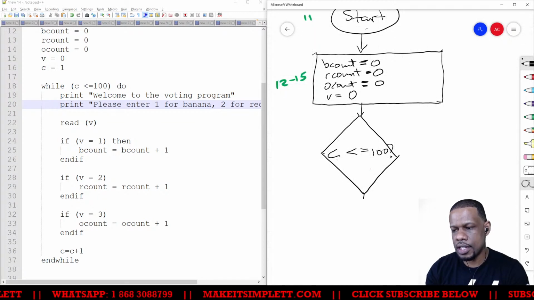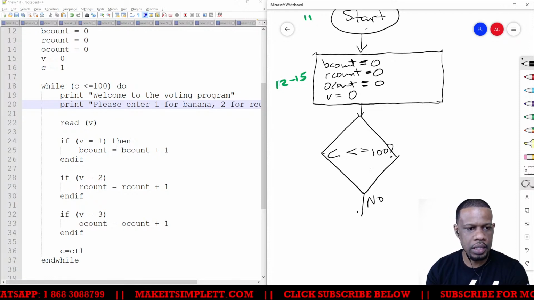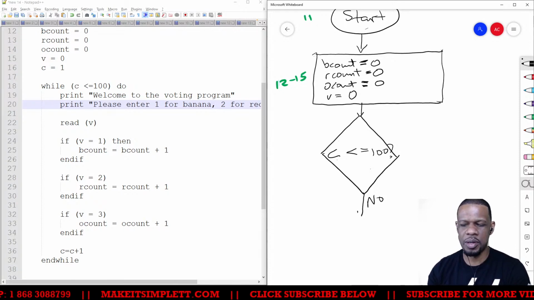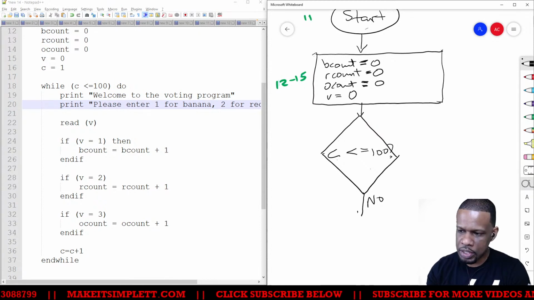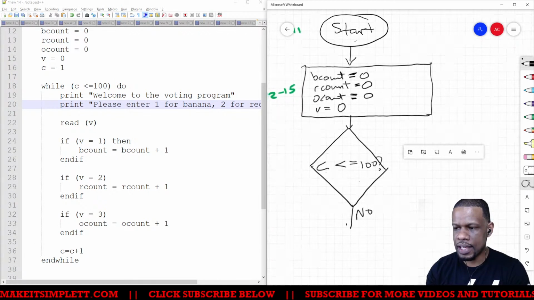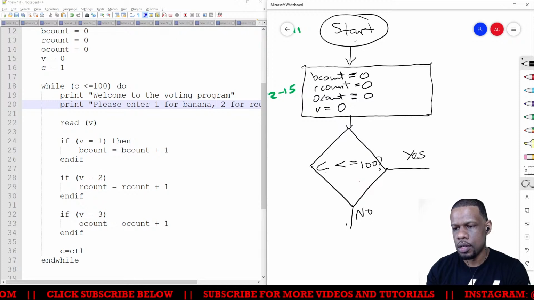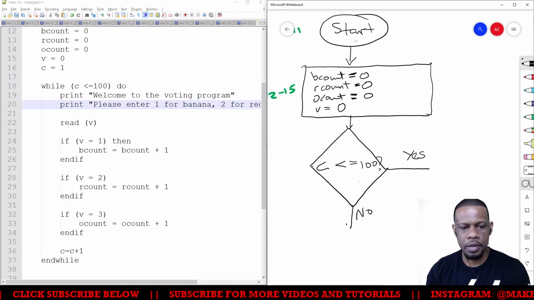So if the answer is no, more than likely you're going to do the last thing of your program. So always remember, once the loop is finished, put the no going down that way because it'll make your life a little easier. If the answer is yes, however, you put the yes going to the right-hand side because you'll have more space on the right-hand side to work with. Well, that's just how I do it.